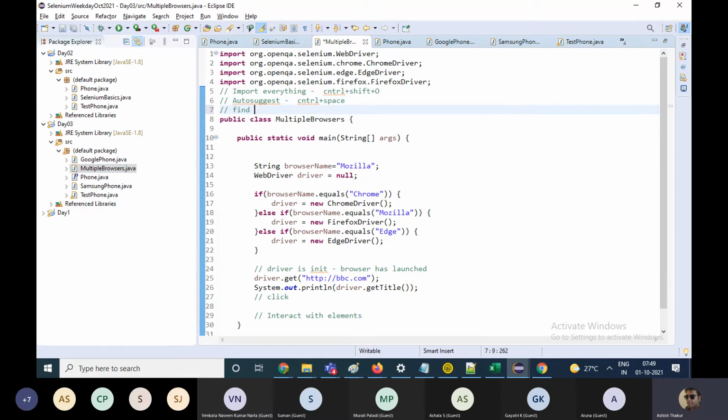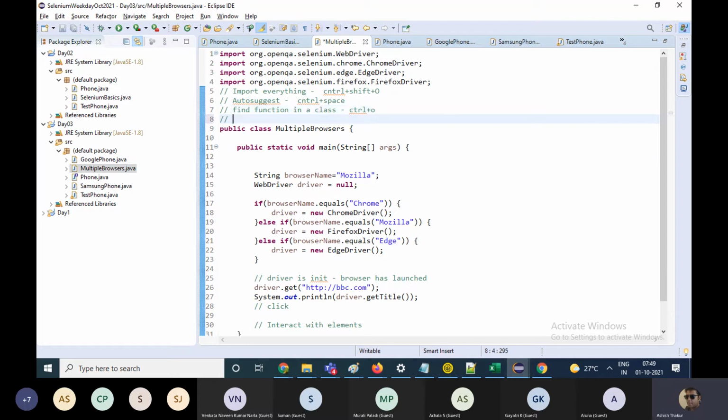And if you want to find the names of functions in a class, then Control plus O. And to find a file in the workspace, the shortcut is Control plus Shift plus E, as in telephone.